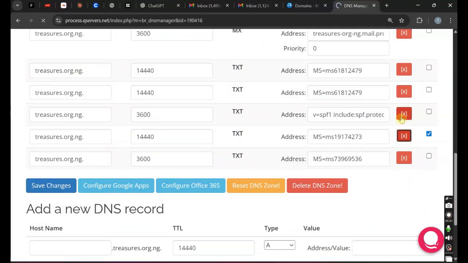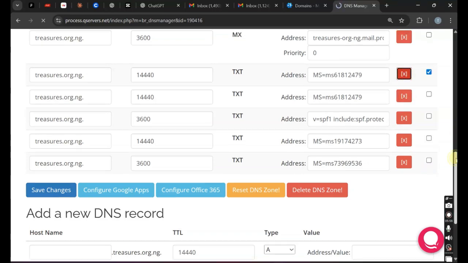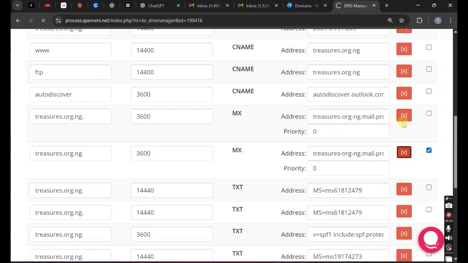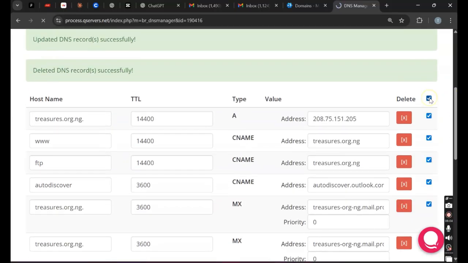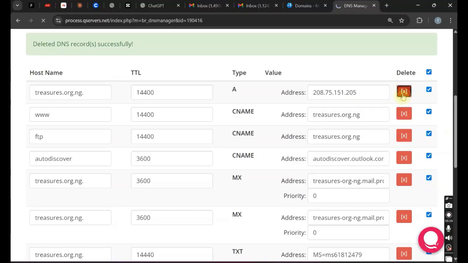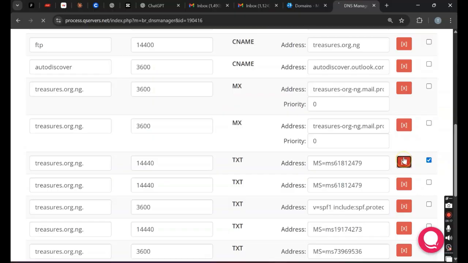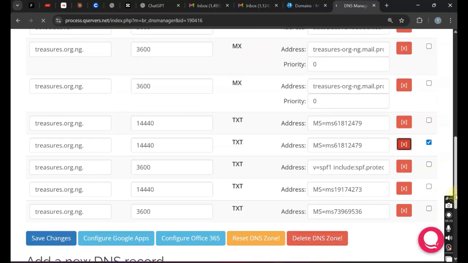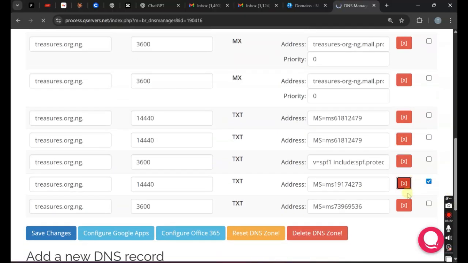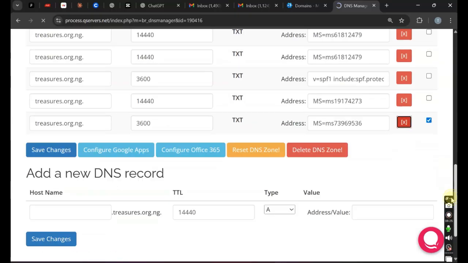X. I'm deleting all these records so that I can add them back. Just delete everything here. It is a whole lot of work, but